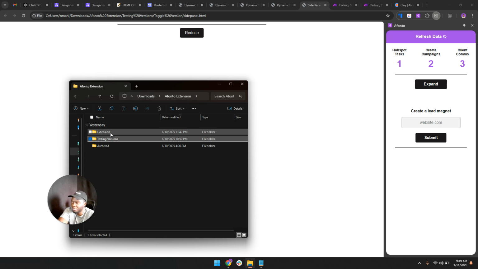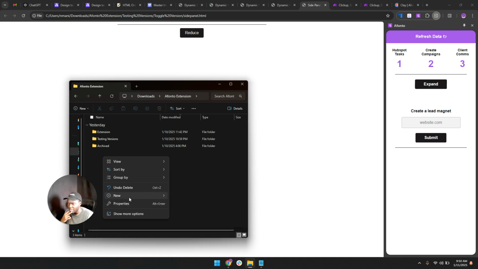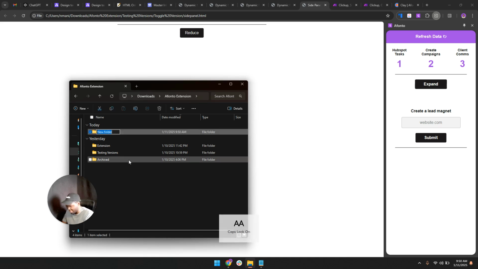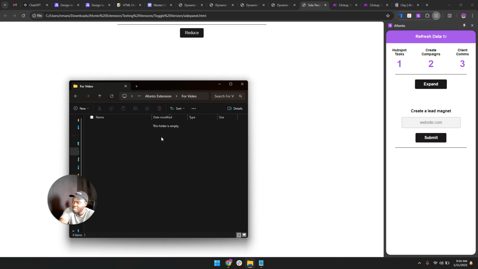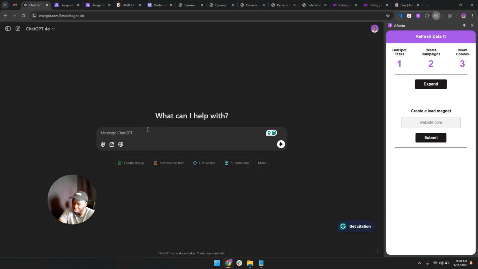So let's start from scratch again, and let me show you how to actually build this. The first thing you're going to need is a folder on your computer. So let's call this "for video." Just think of this as your extension folder. We click on this, and now this folder is empty. And if you really want to, you could actually just ask ChatGPT